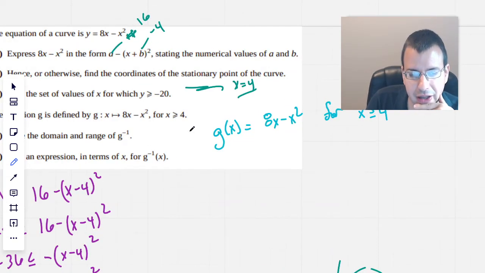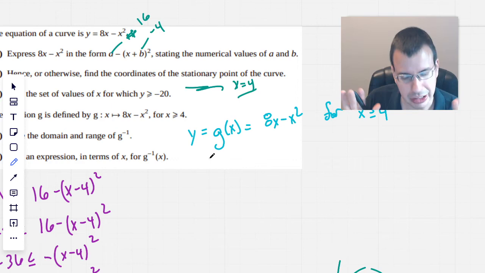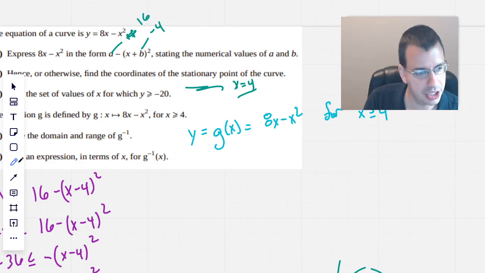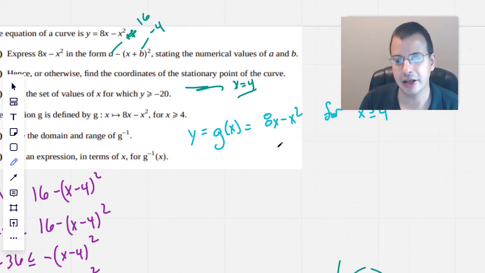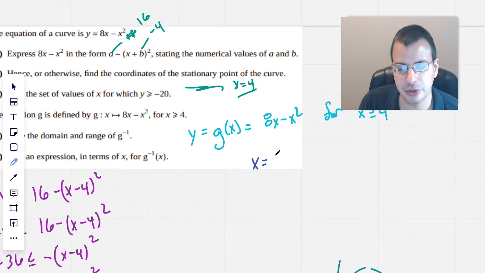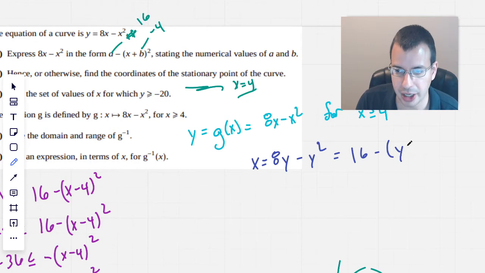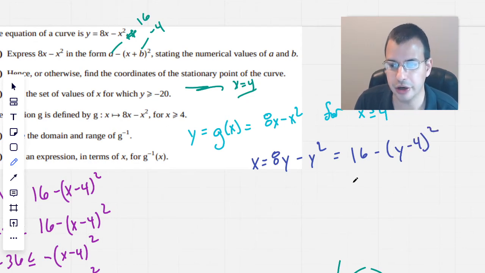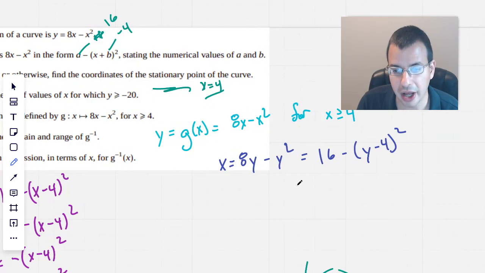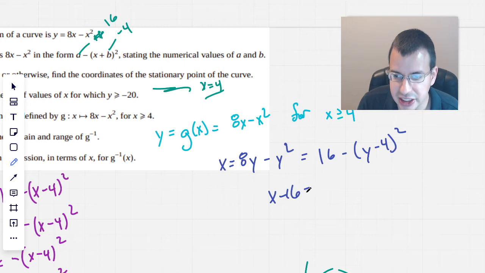So I'm going to say y equals g of x. My notation is going to be terrible here, and I apologize. To find the inverse, I'm going to swap the x and the y. So I say x equals 8y minus y squared. Solving that using completing the square, we already know that it's going to be something like y minus 4 squared. Rearranging this in terms of y, we will now have x minus 16 equals negative y minus 4 quantity